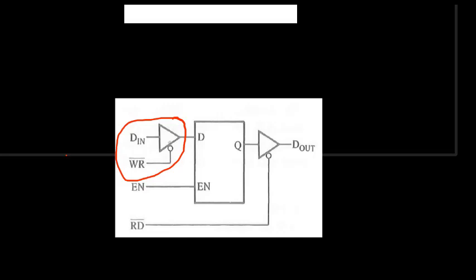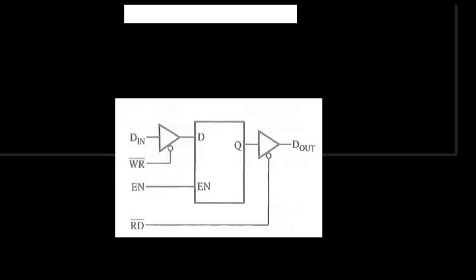We will study it afterwards, but now we have to study the function of this buffer. This buffer is enabled by WR bar, so it is active low. As long as this is 0, whatever input we apply, if we give input as 1, this input goes inside and the data is stored inside. WR bar means write. If we want to store the data, we have to make this 0. As long as this is 0, whatever data we give gets stored inside this 1-bit memory cell. Therefore it is write, and it is active low.